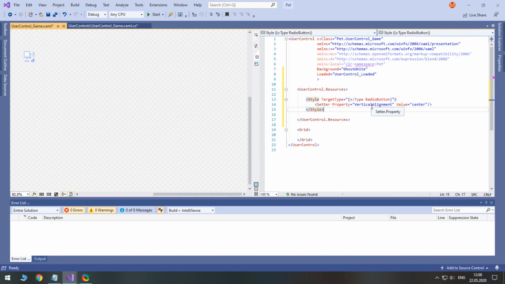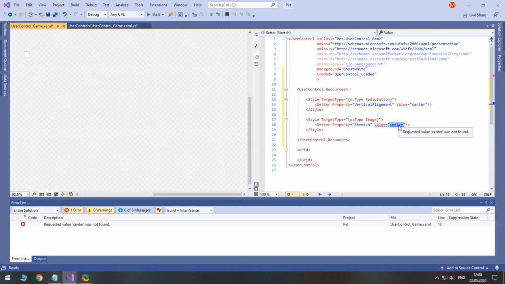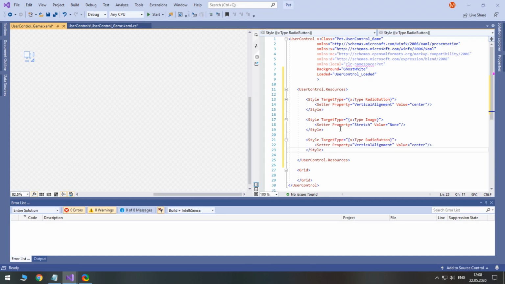Images in this user control will not stretch. Also, let's make text blocks more readable.